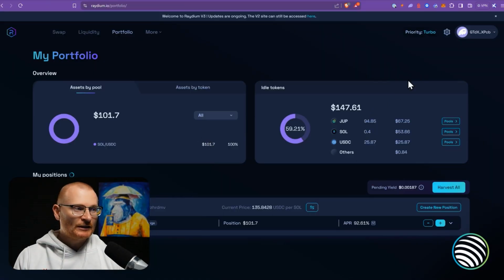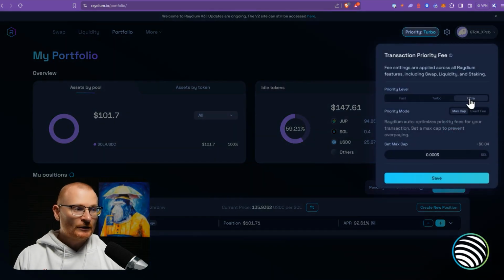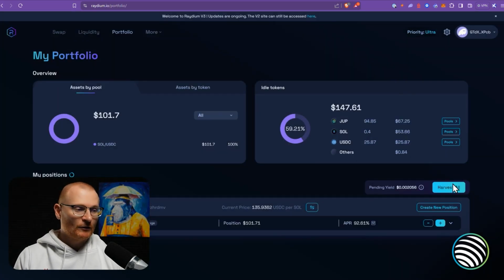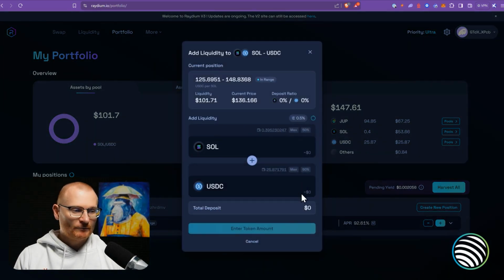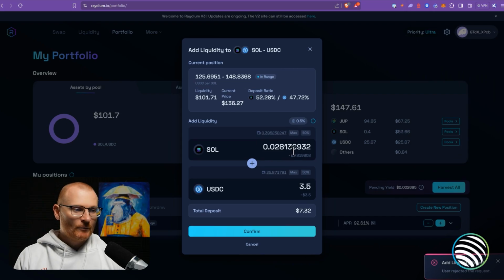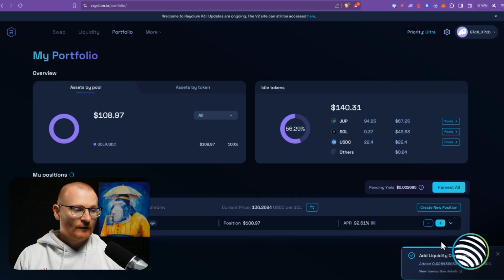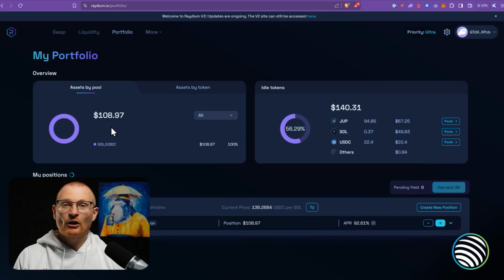What we may want to do is come up to the settings and potentially change our RPC connection to Helius. And also maybe we change priority to Ultra to push the transaction through faster. Please keep in mind that we'll be spending more Solana on gas if we do this. We'll save it though, because I do want the transaction to go through. We'll push plus and we'll try this again. $3.50. The range is now slightly changed, but it's around $4. We'll confirm. This transaction will not go through, so we'll cancel that. Maybe the numbers changed. We'll confirm again, and this looks like it'll go through, so we'll confirm. Add liquidity confirmed. The transaction's gone through, and now we have $108.97. So here we are compounding our position.